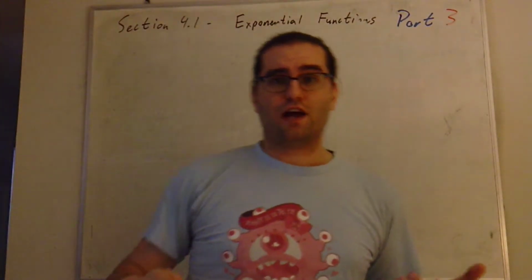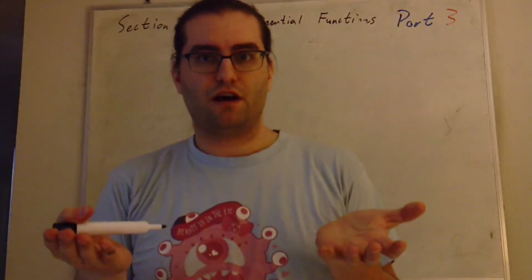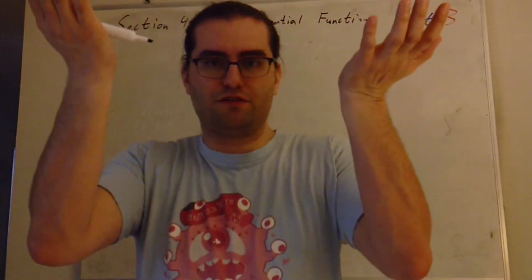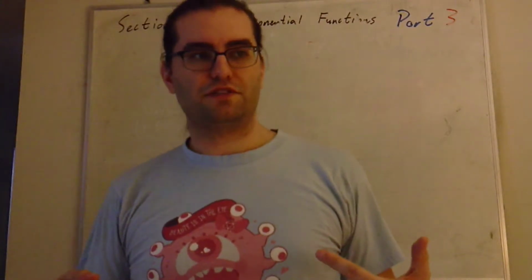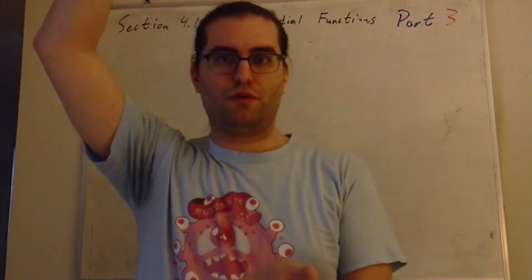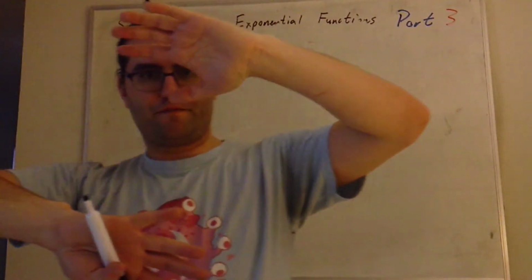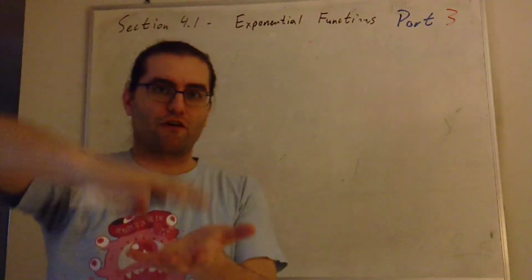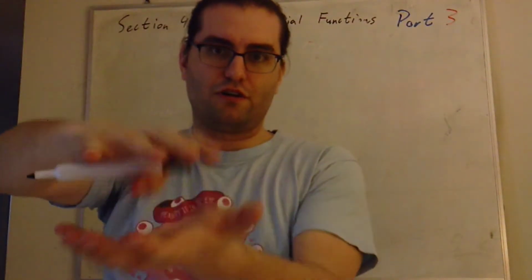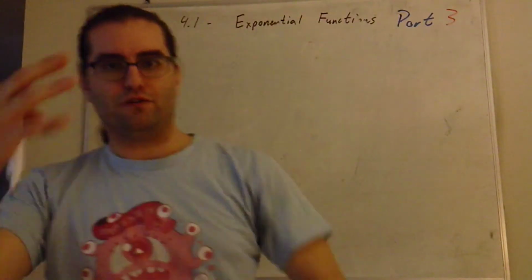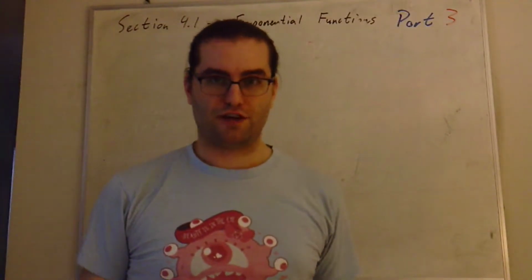The other thing they all have in common is they all produce vertical effects. Addition and subtraction on the outside is either going to shift you up or down. Multiplication on the outside is either going to stretch you if it's a whole number, or squish you if it's a fraction, or flip you upside down if it's a negative. But all of those are vertical effects. Shifting up, shifting down, stretching taller, getting shorter, flipping upside down. It's all vertical. So this is the video where we talk about the other kind of transformation,